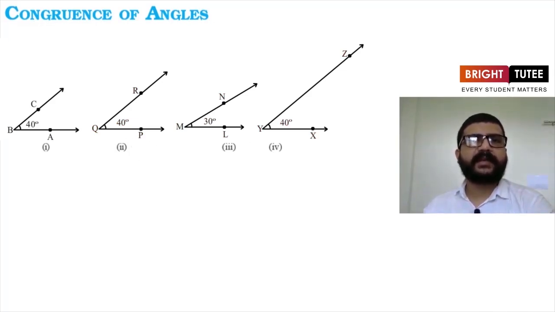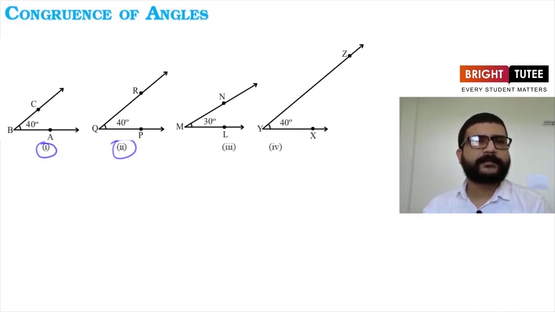Now how to check whether any two of them are congruent or not? So let's check it for the first angle and the second angle, that is this angle and this angle. Can we take a trace copy of the first angle and try to put it over the second one, or we can take the trace copy of the second angle and place it over the first angle, which is angle ABC. Okay, so let's do that. Let's take a trace copy of PQR. Now we have to place it over angle ABC.